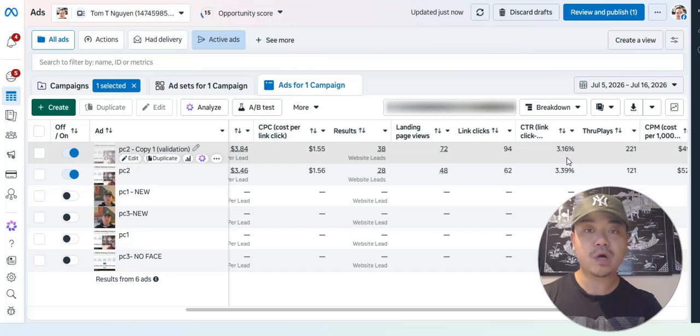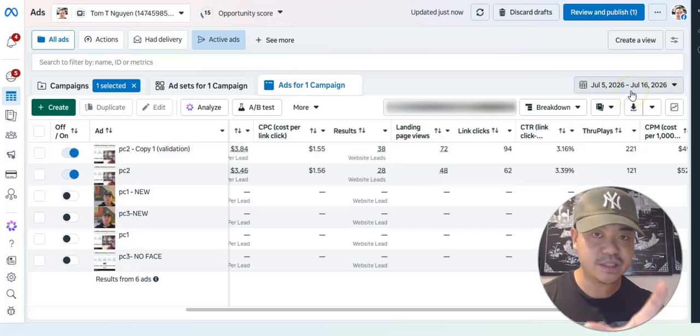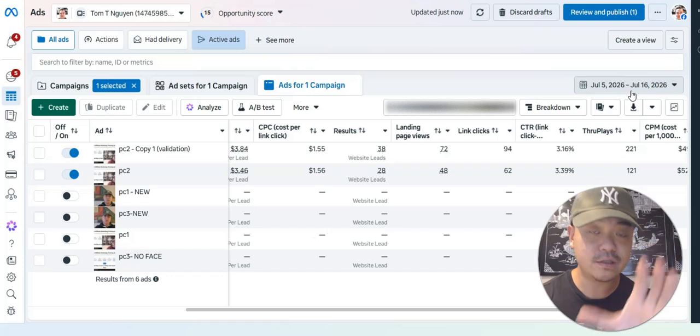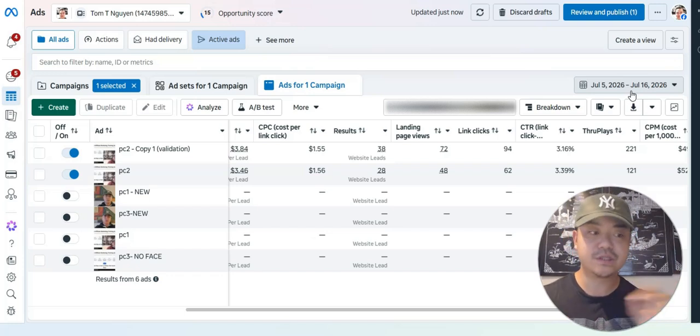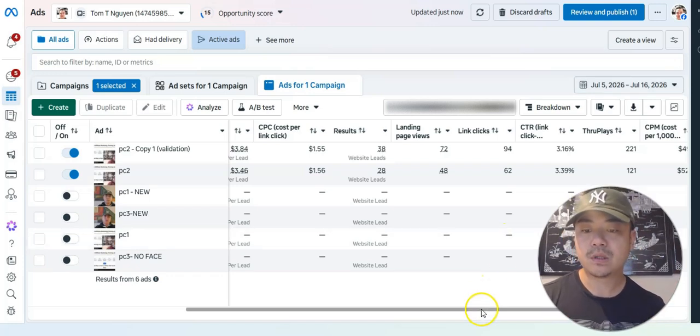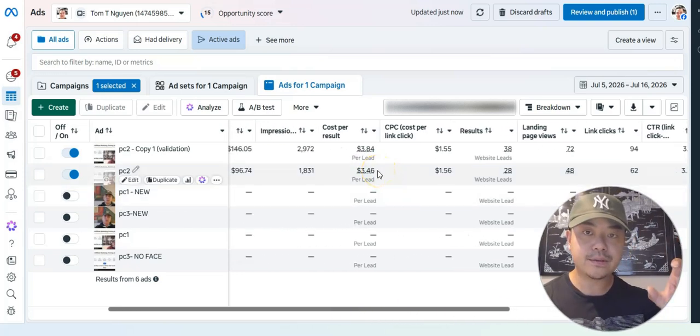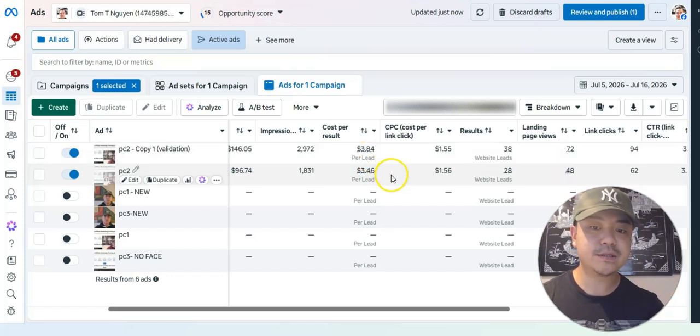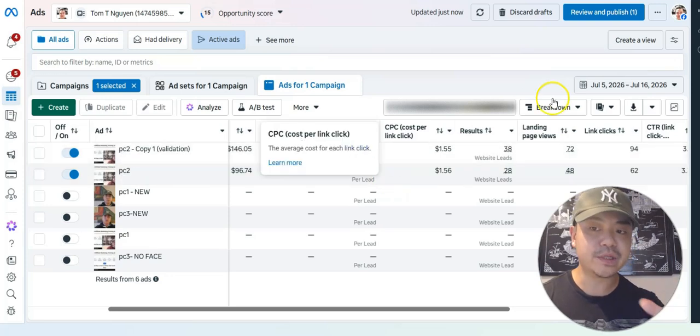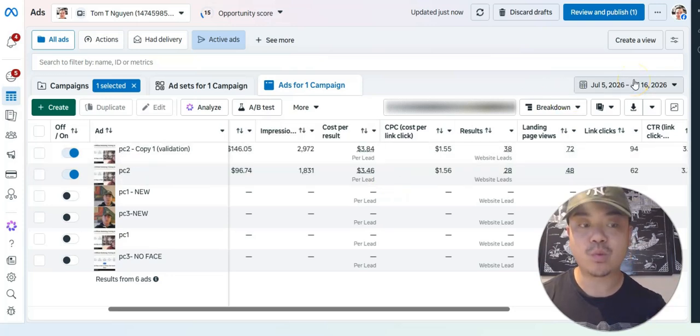So I'm going to keep this running because we just changed the specific data within 7 days towards 2 weeks. Okay. And you guys can see that the cost per result lowered because I was still running this ad. So my cost per lead actually was a lot cheaper than that 1 week, if that makes sense, right? Remember, it was at $4 and now it went lower because we changed the data, because I kept running this ad because I know it's going to work.